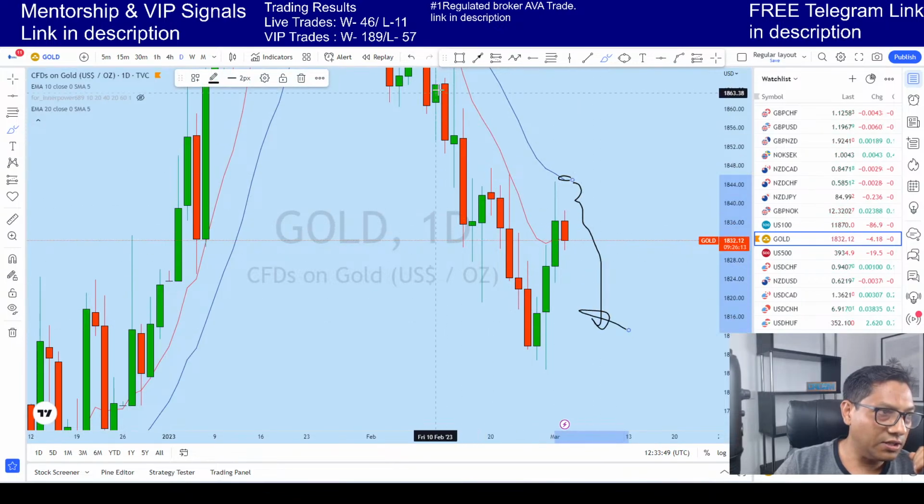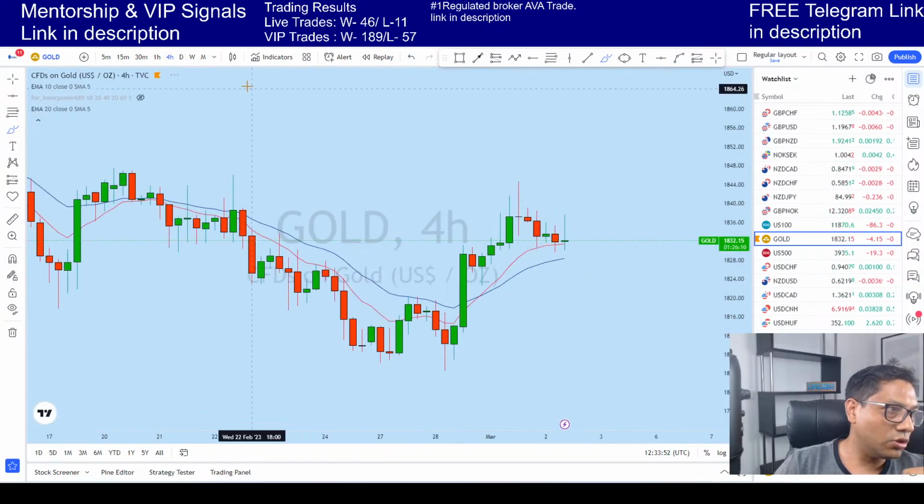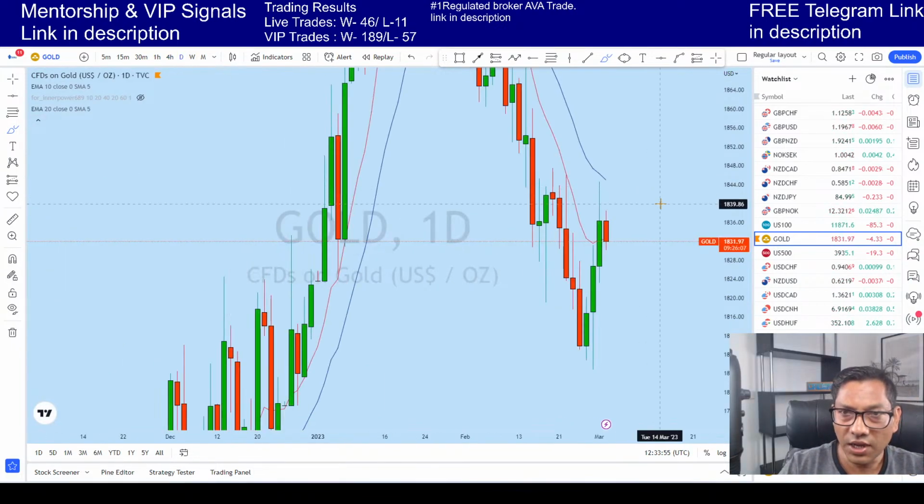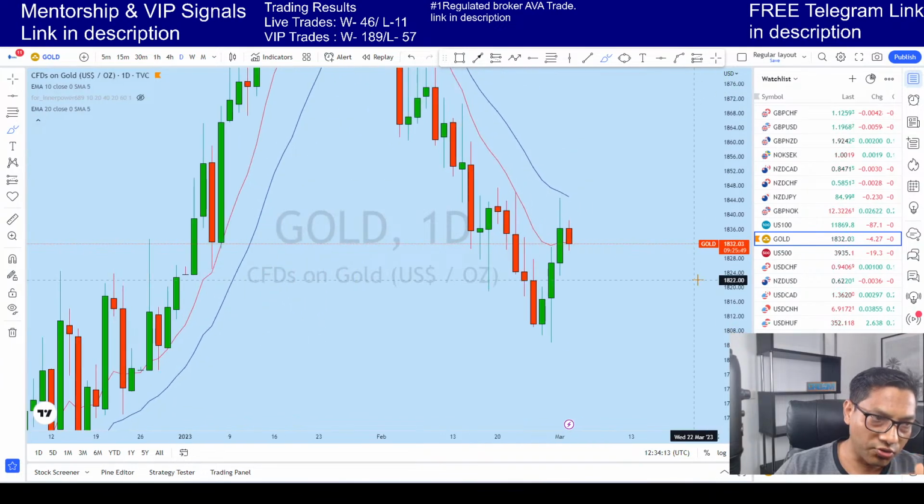From this zone we could see another rejection. As you know, I always look at the daily chart, because the daily chart is very important in my view. It is where most traders invest their funds, because the daily chart is reliable, and you can also find a lot of trades on it, swing trades, and it suits those who work full-time or want an easy life. It's a freedom, as you know: trade for half an hour on the daily chart and then leave for the day, go swimming, do leisure activities. That's why the daily chart is so important.